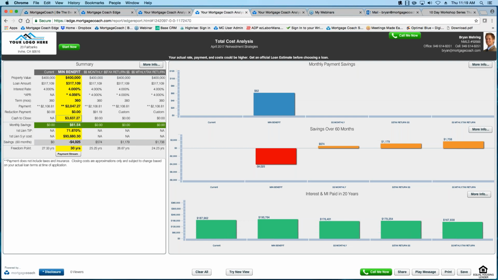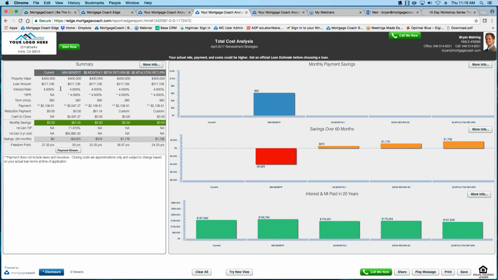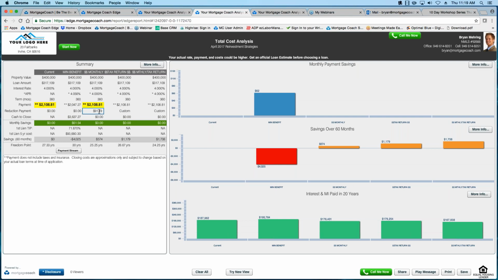So if you take a look, here's their normal monthly payment here. And if they were to just round up their payment by allocating another $91.19 to make their total monthly payment about $2,200, call it a payment roundup, it's going to help them reduce the term of their loan,